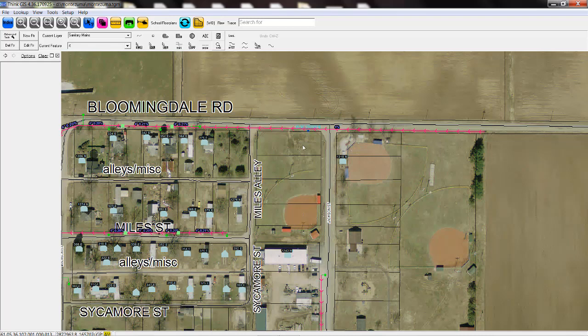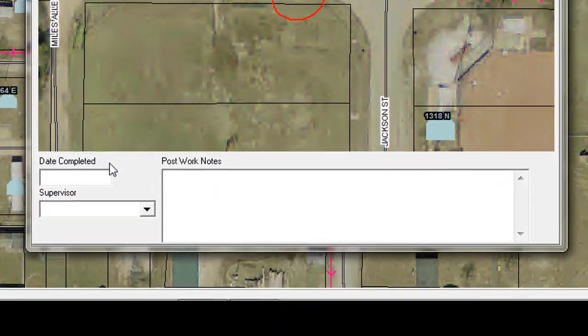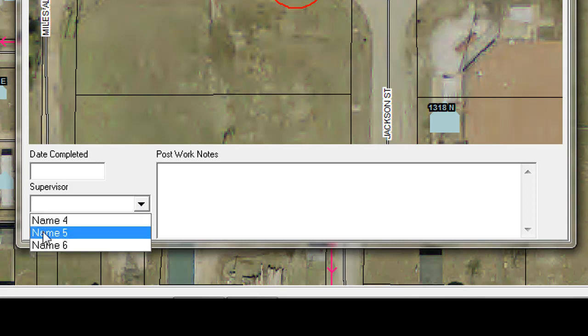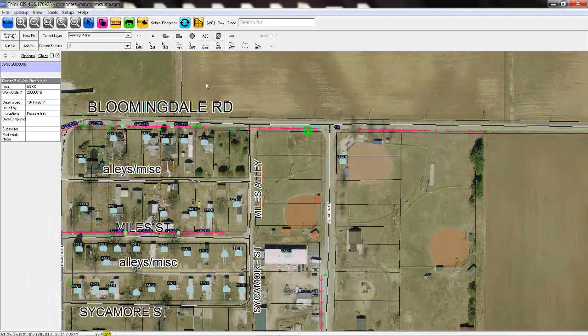Down the road, once that's taken care of, we can just double click, open that work order up again, come down, and put in the date completed. Under supervisor, if there's a few different people that may have done this work, put their names in here, just click on whoever did the work. Any possible post-work notes, put those in, hit OK, and from here that point is going to be out on the map